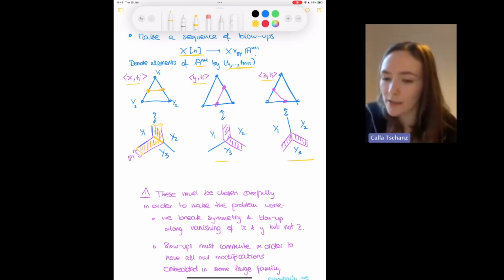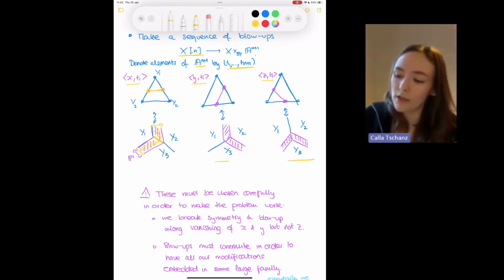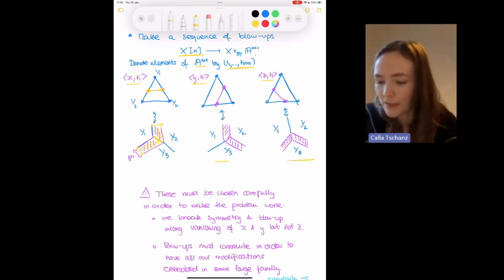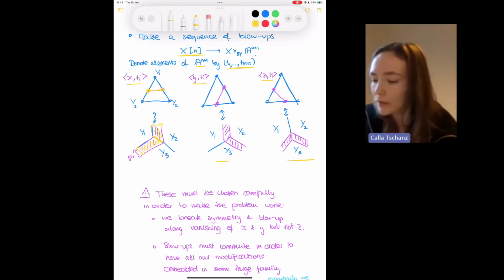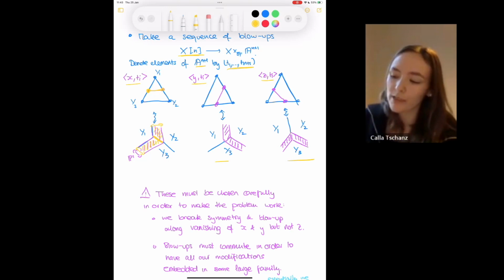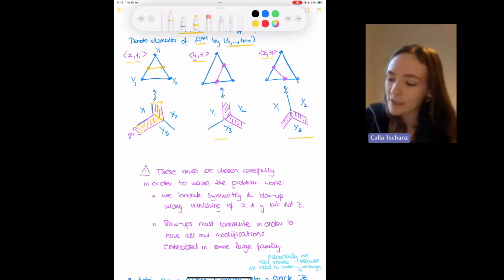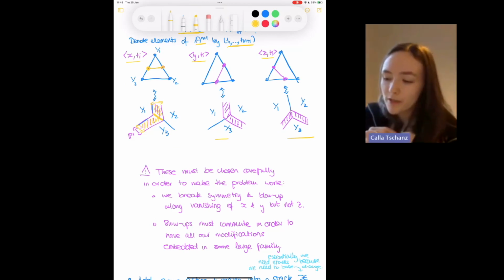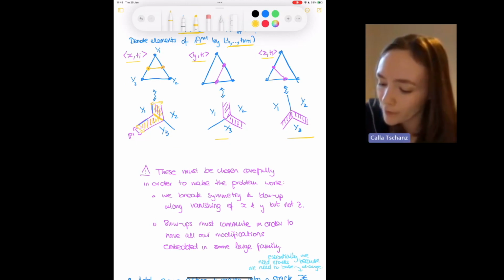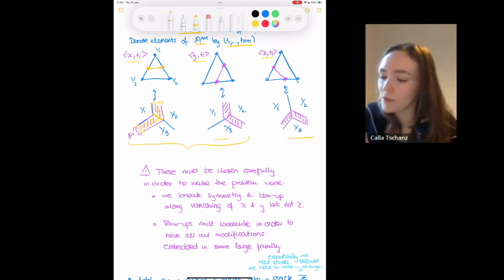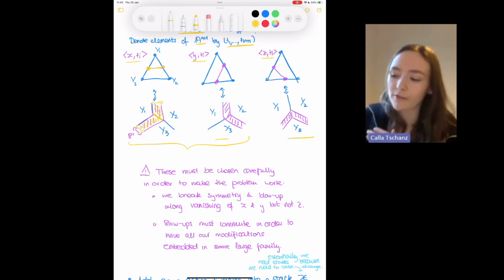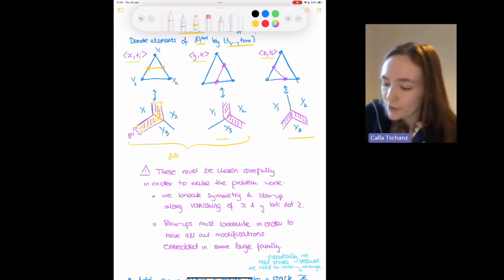A crucial thing to say is you only need to allow for 2 of these types of blowups. Allowing for all 3 of them is actually a problem. It doesn't work nicely; you're not able to make the problem work. So in order to make things work, we have to break the symmetry, because we are able to construct enough modifications with only 2 of them. Say arbitrarily, I choose these 2. Because I'm able to make the problem work with these 2, and the problem won't work if I take more, I have to restrict myself to just use these.